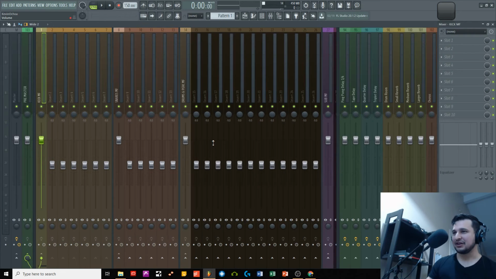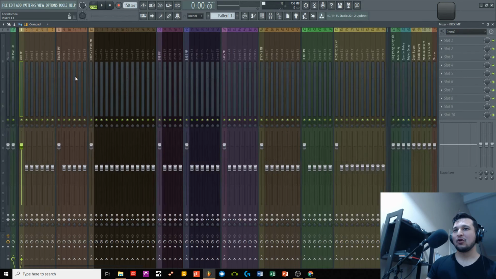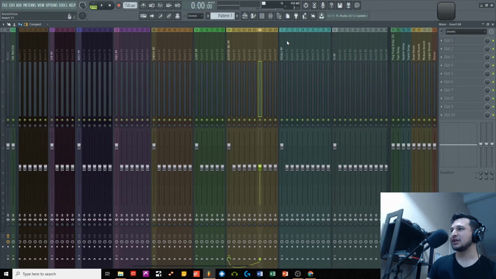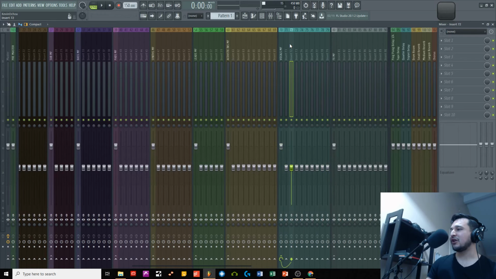Essentially, what I have is all my kicks right here in yellow, all my snares in orange, my drums in brown, my sub elements violet, my bass in purple, my pads in another lesser tone of purple, synths in orange, leads in green, acoustic instruments in yellow, vocals in this aqua color,